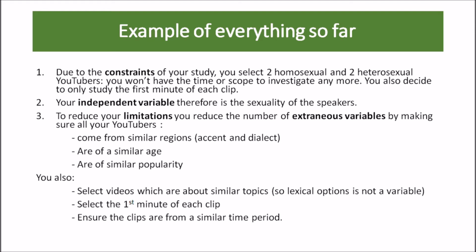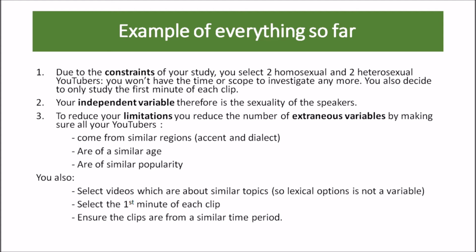Please do not just select random sections of different texts. You need to be really methodical and really fair. It has to be a procedure that you follow. You need to select the same section of each piece of data that you're using. If you didn't, I would just literally have to tell you to start again. So please remember that. So your independent variable in this case is going to be the sexuality of the speakers,